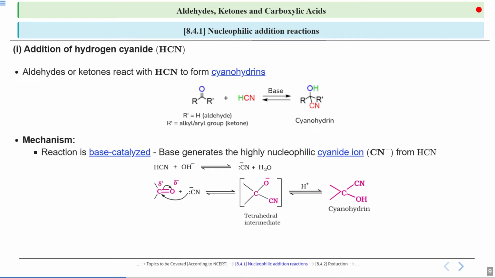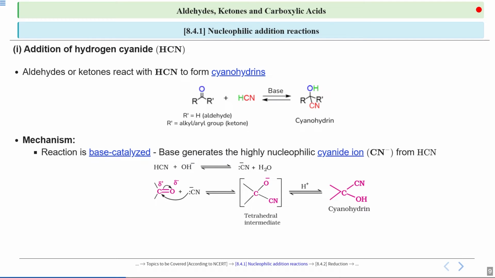Now, what will this highly nucleophilic cyanide ion do? It loves to attack the positive center. So where will it see the positive center? Obviously, that will be the carbon of the carbonyl group. So the target of this nucleophile is the carbon in the carbonyl group, which is slightly positive due to the oxygen pulling electrons away. If you see the figure of this carbonyl group, you will see the carbon has a slight positive charge and oxygen has a slight negative charge. So this nucleophile will attack this carbonyl carbon.